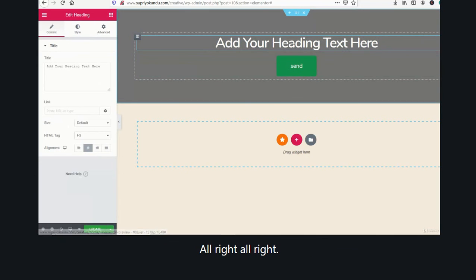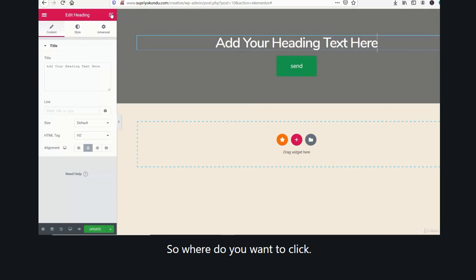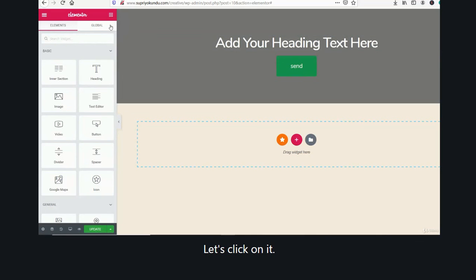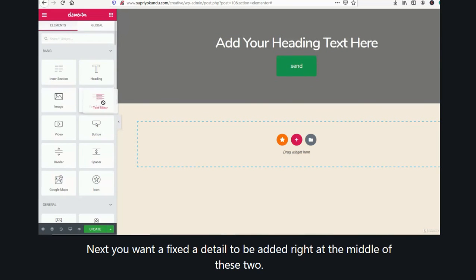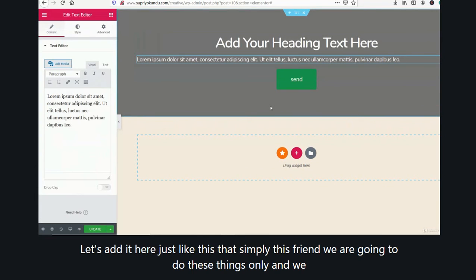All right. Next, say for example, you want to add some text, right? You need to add elements, right? So where do you want to click? You would like to click here. Let's click on it. Next, you want a text editor to be added right at the middle of these two. Let's add it here, just like this. That's how simple it is, friend.